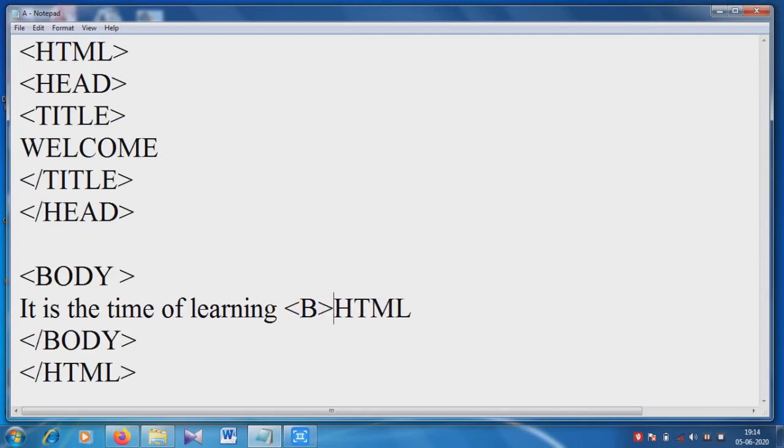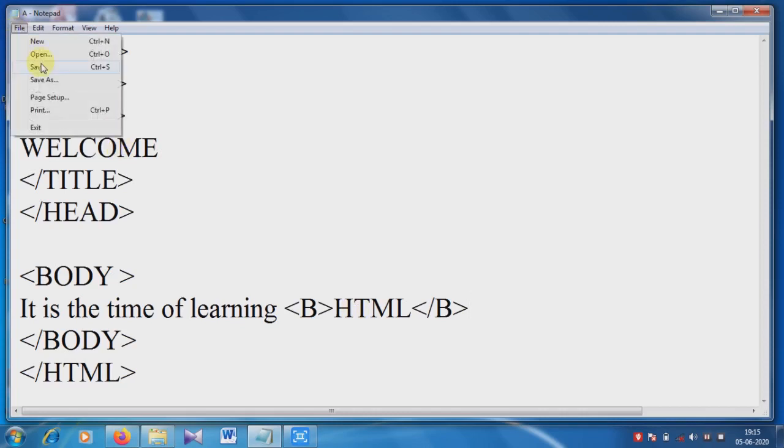So I am writing B. This is the starting tag and the ending tag here. This is a container element, so you have to write both the starting and ending tag. Let's see the output now.